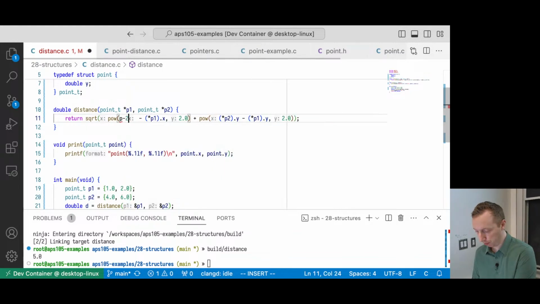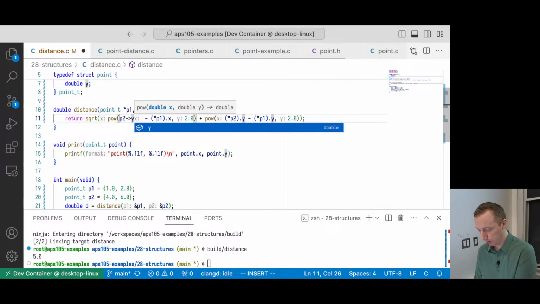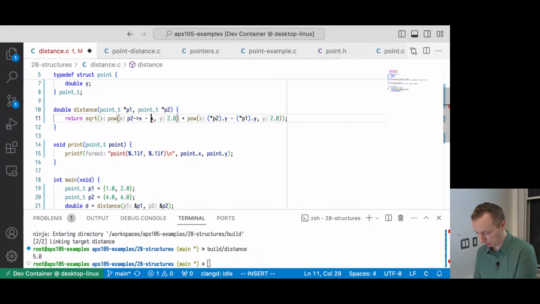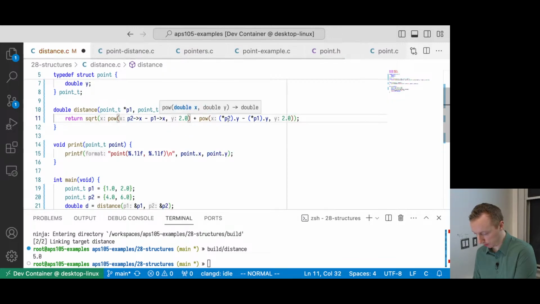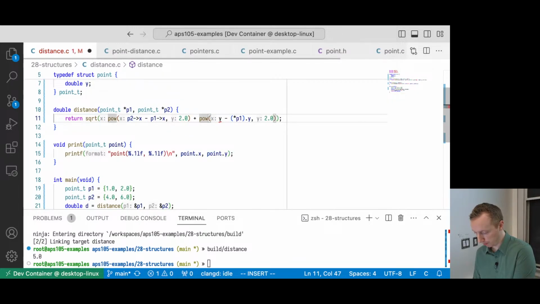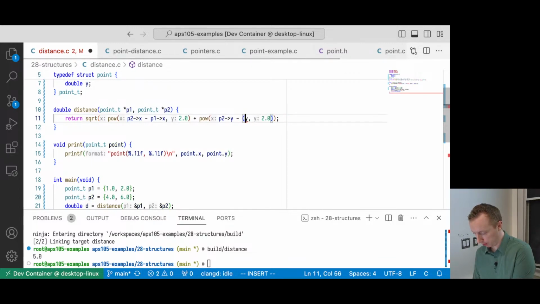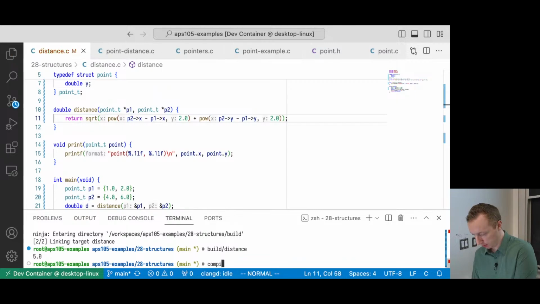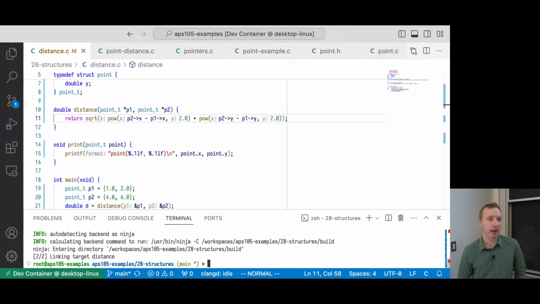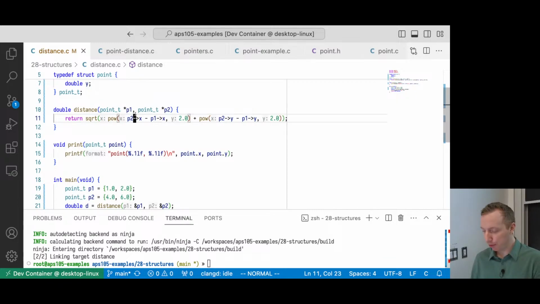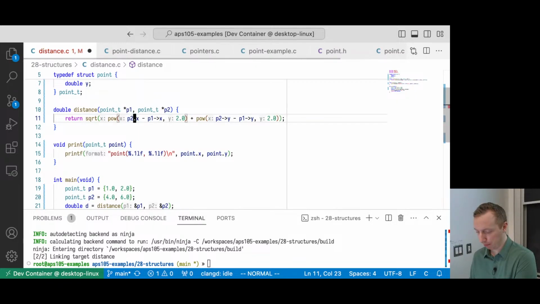Instead, because P2 is a pointer, I could do P2 arrow X. And this one could be P1 arrow X, and then P1 arrow Y. That looks a lot better, right? If they have to be pointers, it looks a lot better. So if you try to do something like P2 dot, your compiler